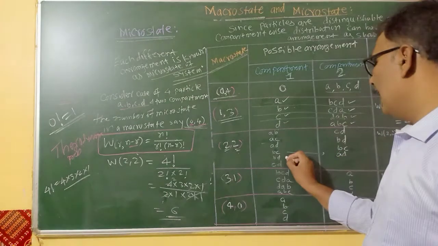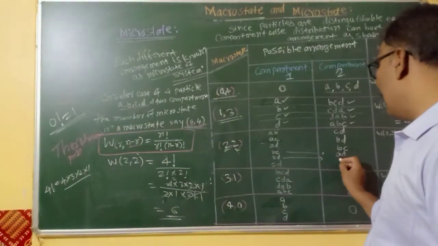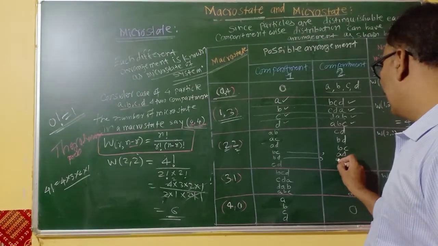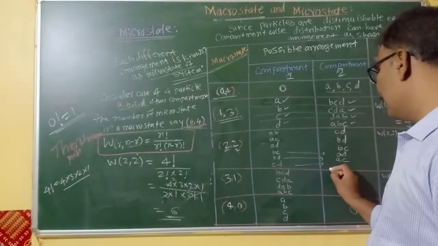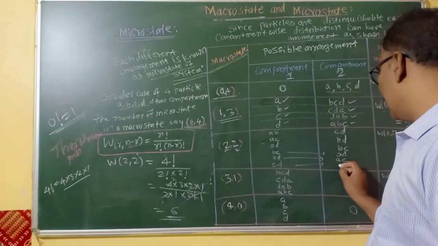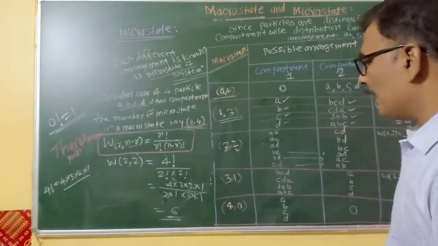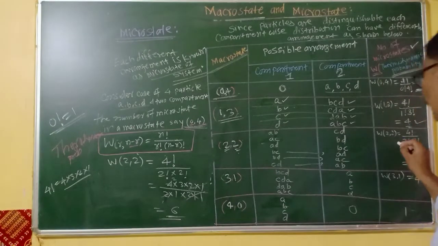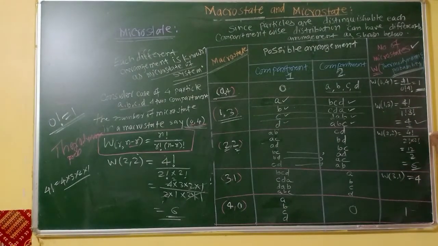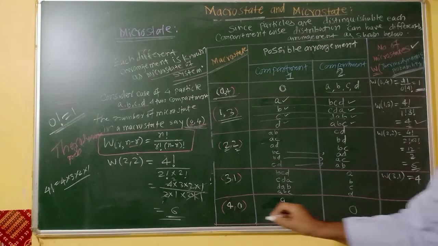AD. यहाँ पे BD है. तो रिमेनिंग क्या होगा? AC रहेगा. यहाँ पे CD है. तो रिमेनिंग क्या होगा? CD के बाद AB. And how many possible cases? That is what? 6 possible cases. By using this thermodynamic probability 4 factorial upon 2 factorial into 2 factorial. That is we have to consider. That is 3 into 2 is 2 factorial is cancelled. That is 4 into 3, 12 divided by 2. This gets what? 6. This is the case we have to discuss here.